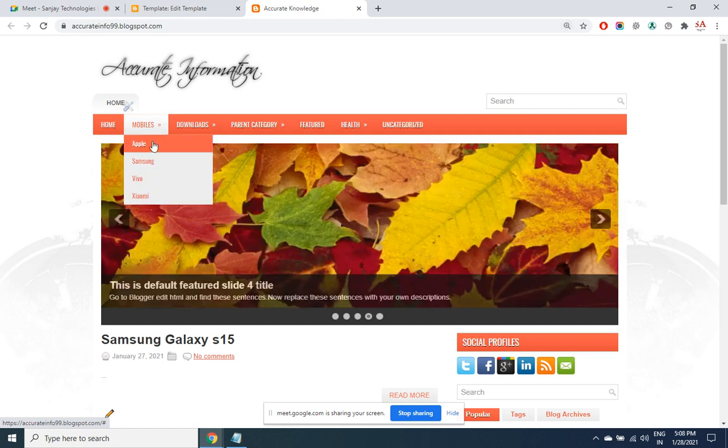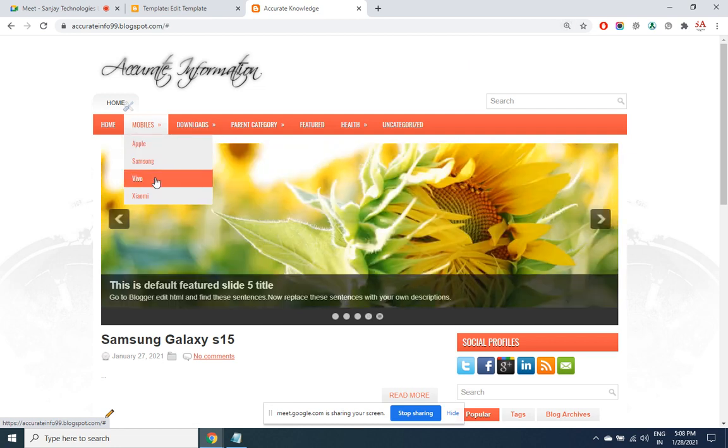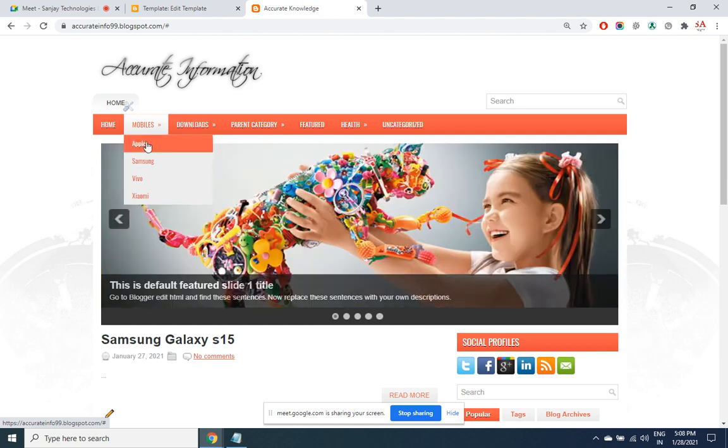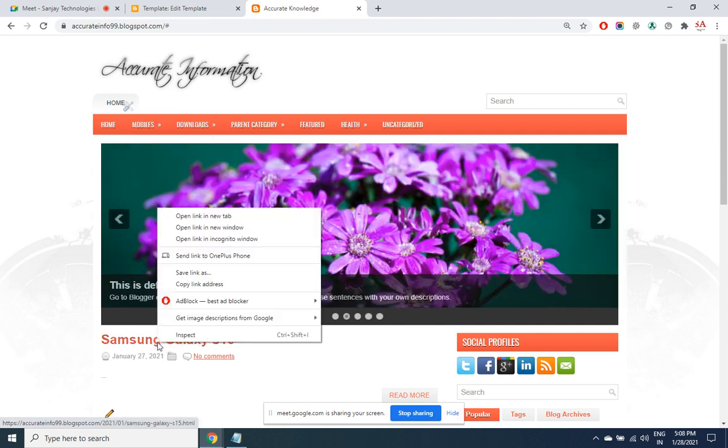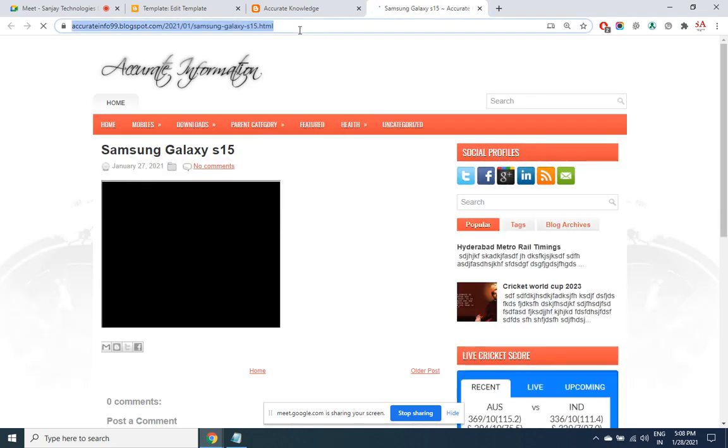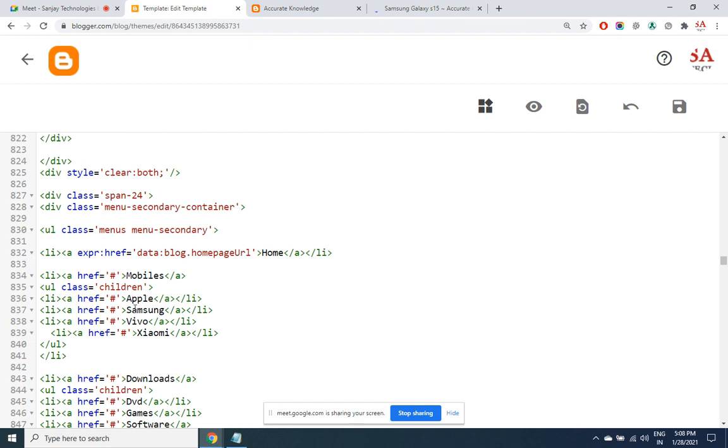However, these are all dummy links. No action taken. Nothing. I want a particular page to open when the menu item is clicked. I want this internal page to open when Samsung is clicked. So I copy the address of this. Place it here. So this one point you need to remember that in HTML, a href is used to provide links. By default, when it is hash, it means that it is clickable, but no action is taken.